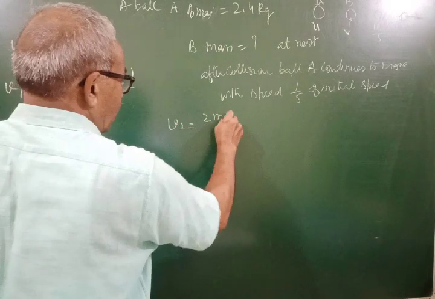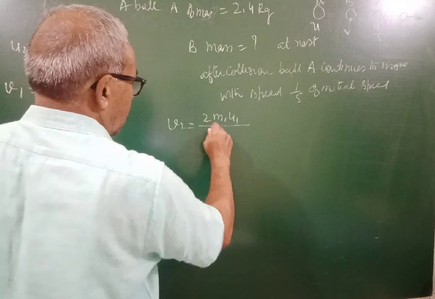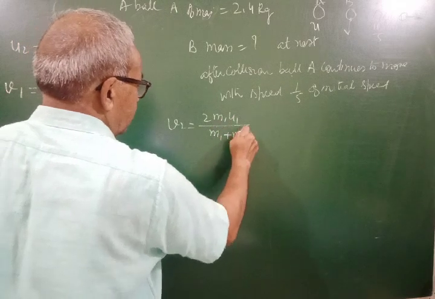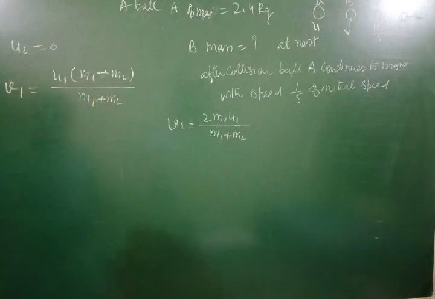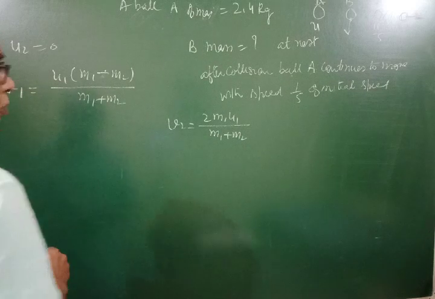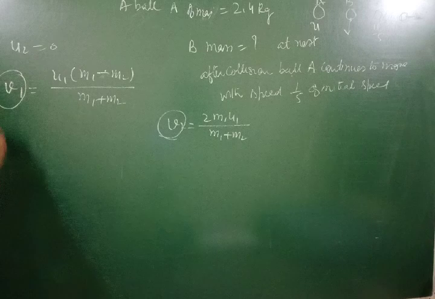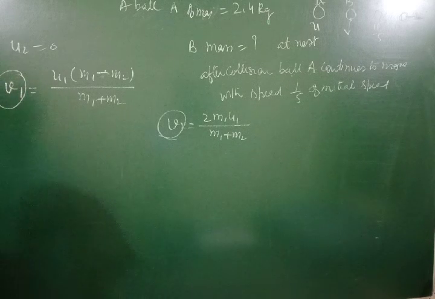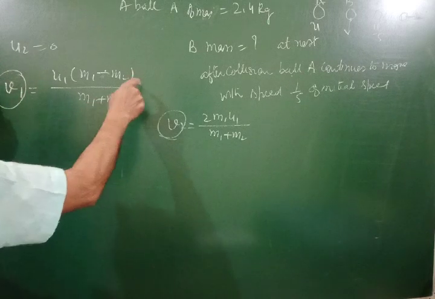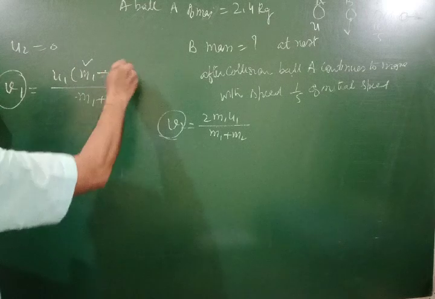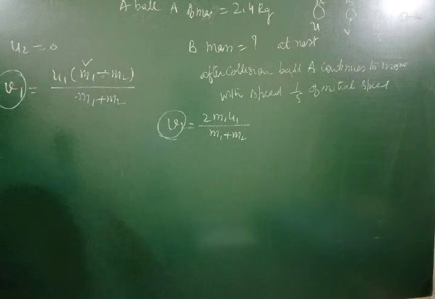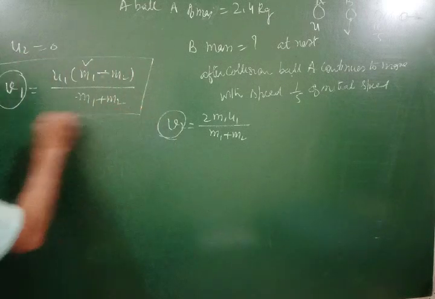2 M1 U1 upon M1 plus M2. We are given mass M1. We have to find out M2. We are not given V2. We are given V1 is 1/5 of initial. So M1, M2 can be determined. But the simple thing is that if we remember the relation,